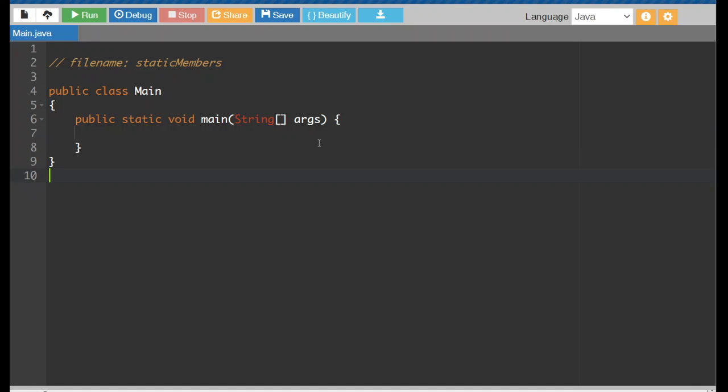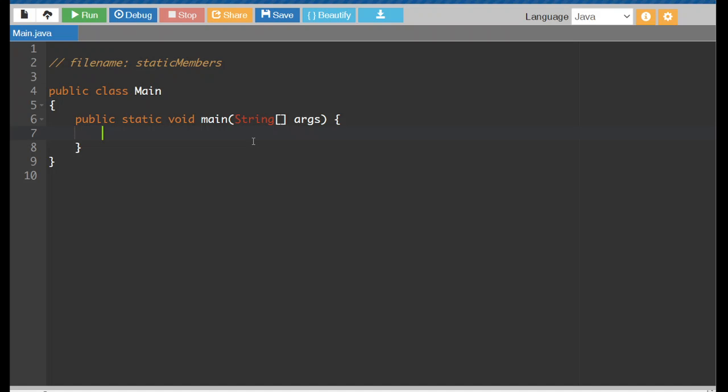In this program, we're going to take a look at some different ways that we can declare members, and the main reason for this is going to be a space saver, but we can do some cool tricks, and we'll finally begin to find out what this word static means that we've been using the entire time we've been using Java. So what we'll do is we'll construct the entire main program first, and then we'll solely be focused on